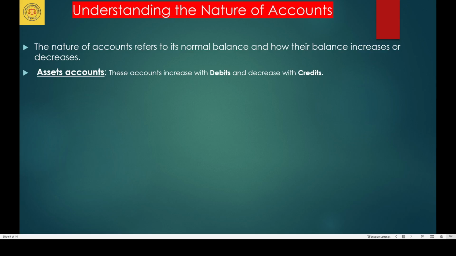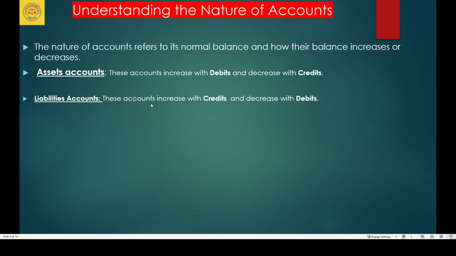But if at some point you get a negative balance, it means that the total credits were higher than the total debits. So keep that in mind. It should not be, but it happens. One of the ways you're going to find out that this happened is especially when you do the trial balance. Because you say, okay, come on, how can the cash or my bank have a credit balance? So something has to be adjusted, okay?